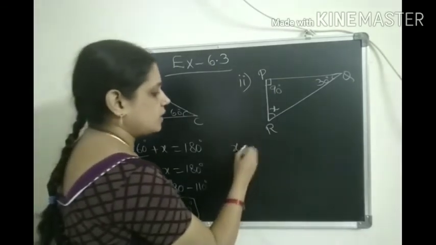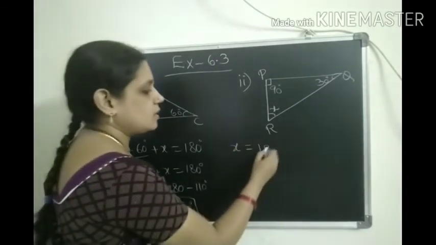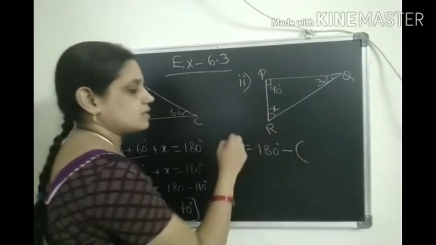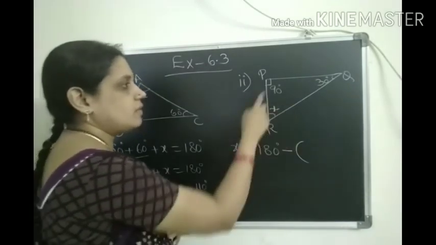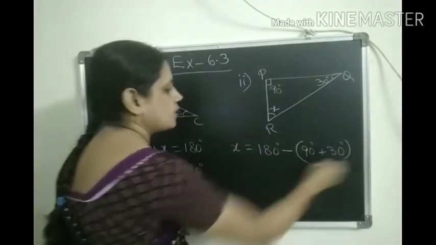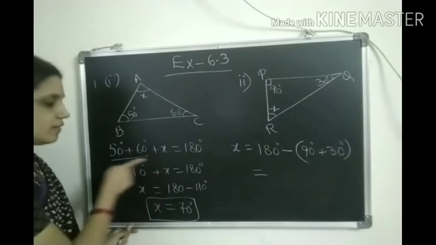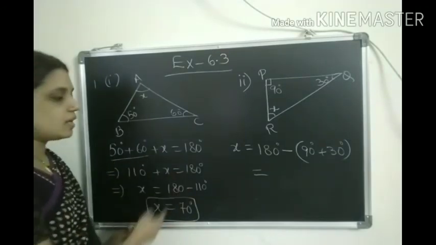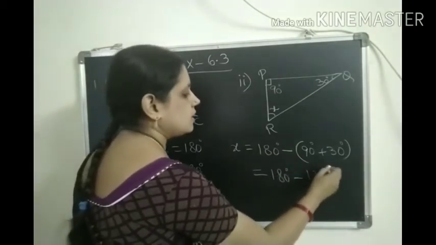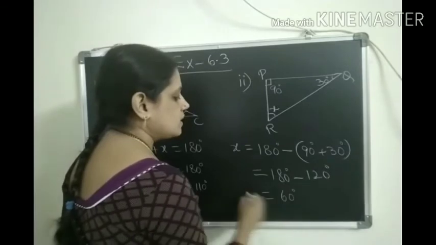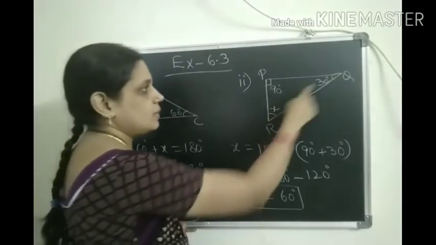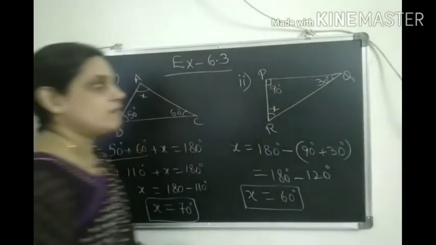So now how to find out x? Here I am writing directly, means the missing angle how to find out? 180 minus the sum of the given two angles. Okay, 180 minus the sum of given two angles. So 180 minus (90 plus 30). Even here we have done the same, but here we wrote the equation like this and then we shifted. Okay, here we are doing directly. So 180 degrees minus (90 plus 30) is 120. So x equal to 60 degrees we got here. Just by adding once you can check it. Okay, 60 plus 30 is 90, 90 plus 90 is 180.